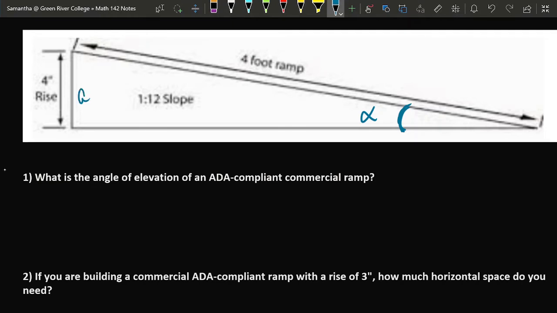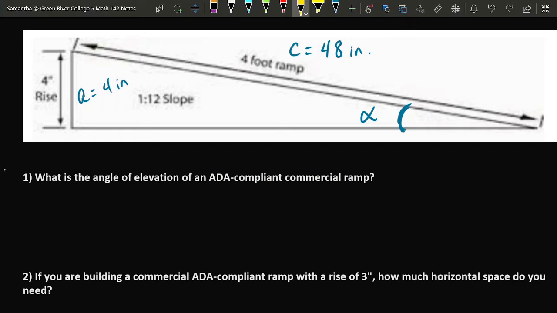If we have a vertical rise of 4 inches, then the length of the ramp has to be 4 feet. In other words, 4 times 12 or 48 inches. So what equation could I use to determine the value of alpha? I need a formula that has an alpha in it, but also a formula where alpha is the only unknown.